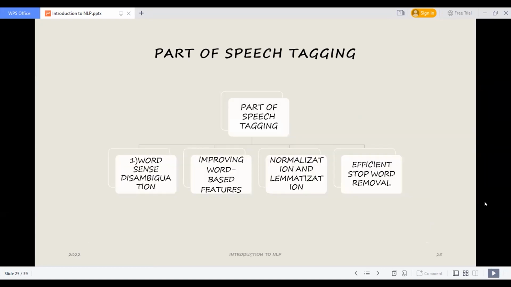Part of speech tagging also goes deeper, like how we can normalize the data, the raw tweets, the sentences, the words, and do lemmatization. We can even improve the word based features. A word based feature is a learning model that can learn different contexts of words when words are used as a feature. So we need to improve the word based feature. In this domain, the word has the most important part of anything, so the word will be used as a feature.